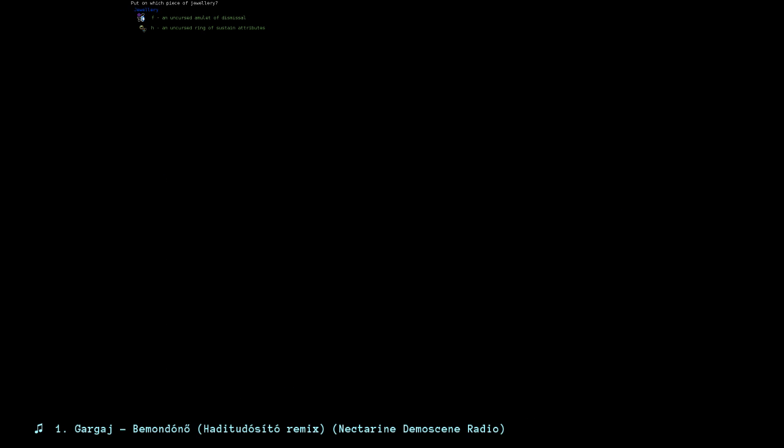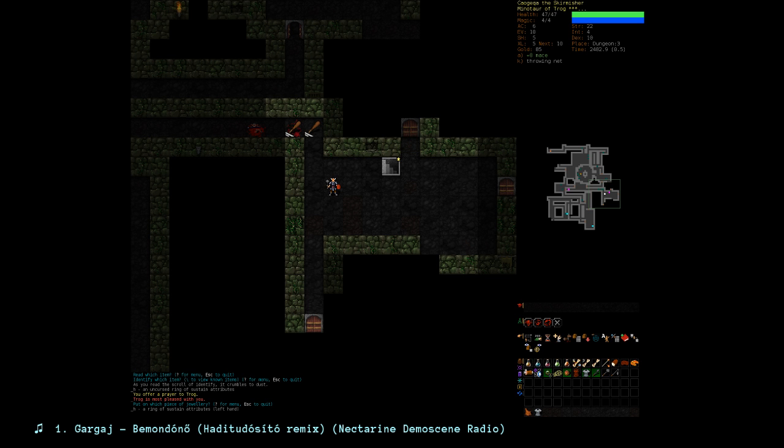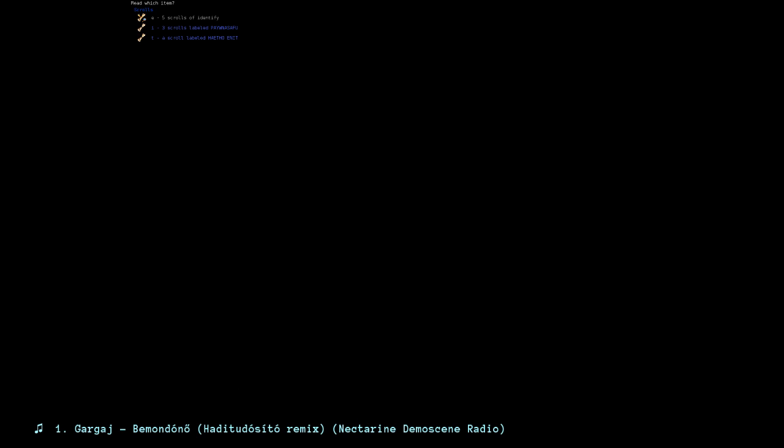Nope, that's not the right button. I prayed to Frog and he was happy about it. Let's put the ring on. And actually, that's interesting. When I identify an item, it tells me if it's uncursed. So I'm going to keep using these scrolls to identify and find out about...